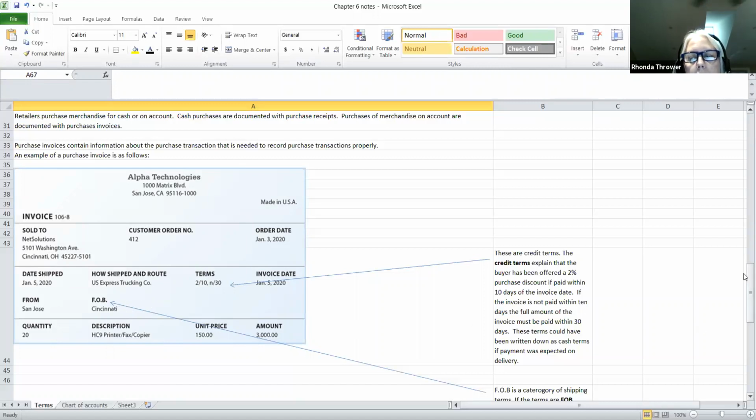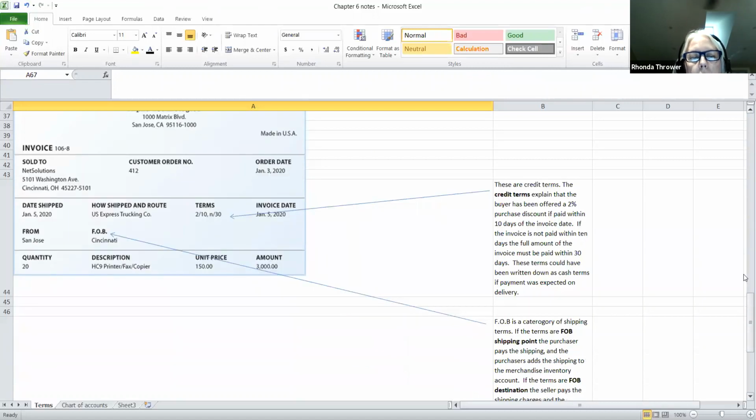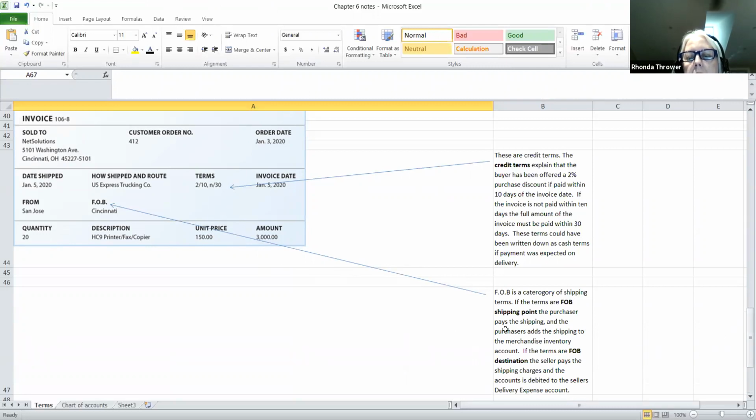Basically, there are 3 types of shipping terms. Let me start with FOB since it's first here. You see I've got an arrow drawn over here to explain what those terms mean. FOB is a category of shipping terms. If these shipping terms said that this was FOB shipping point, notice it doesn't say that here, it just says